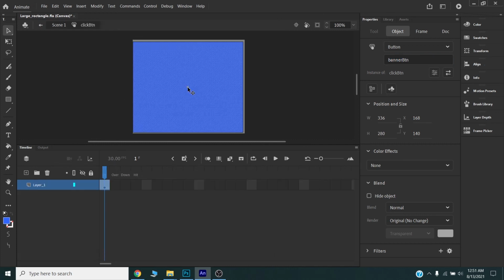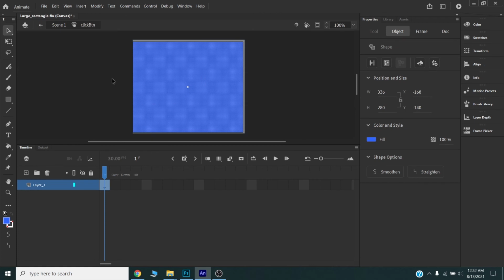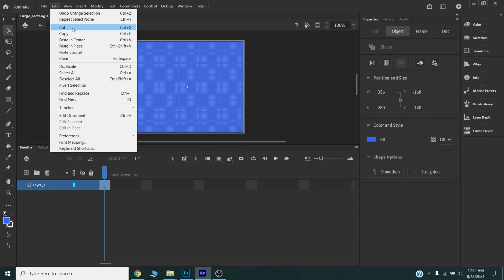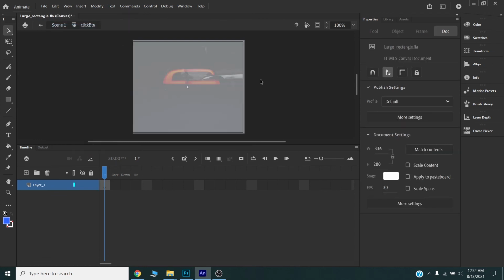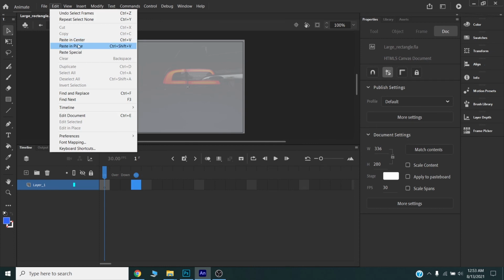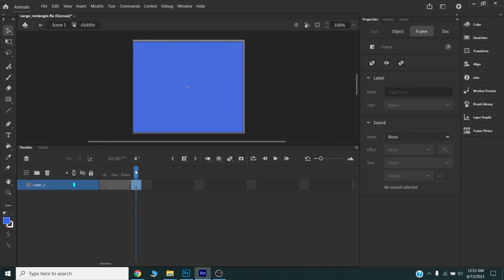Now I will double click on this one, select this rectangle, and I will cut the shape, and on this hit keyframe I will paste my shape, paste in place like this. Okay,